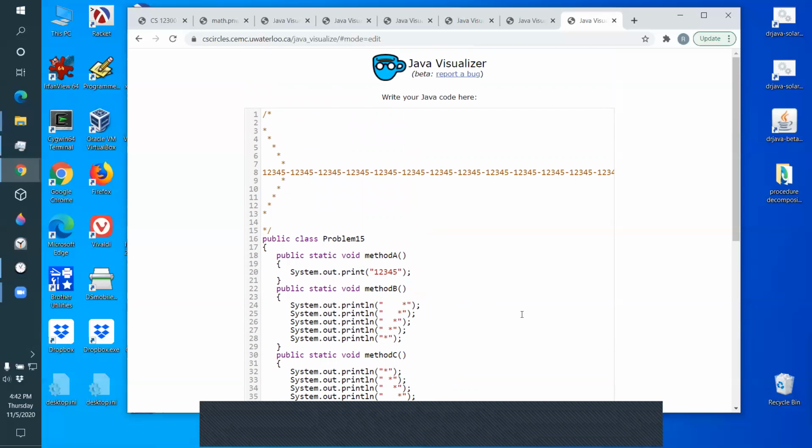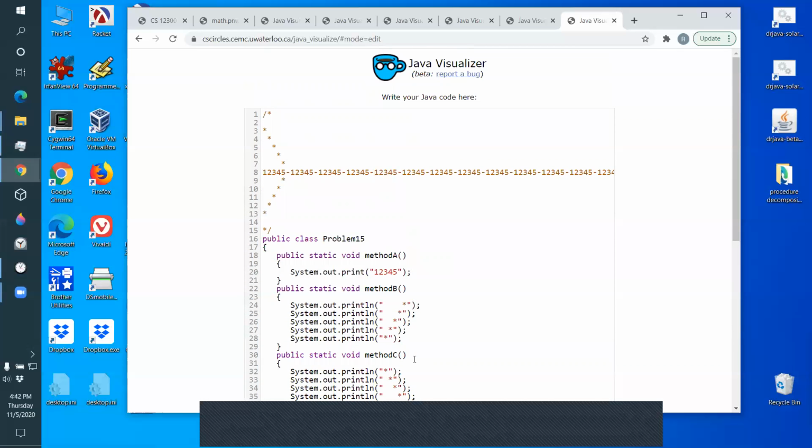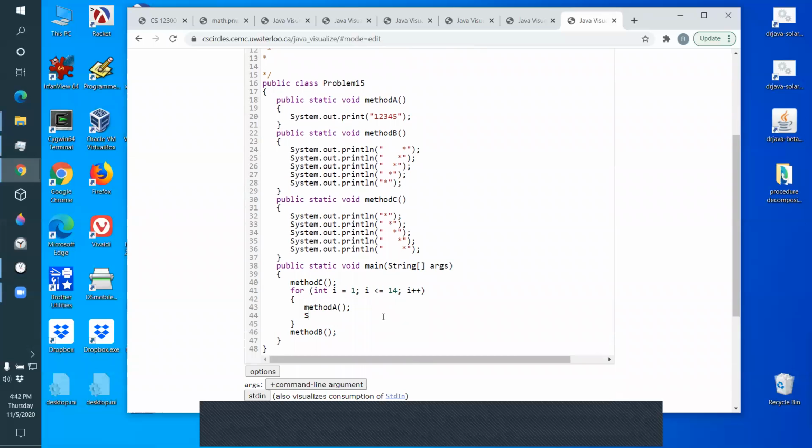But I also need something else. What? You have to print the dash. Yeah, I have to print that myself. So after calling method A, does it come before or after method A? After. So right after method A, I'll do a